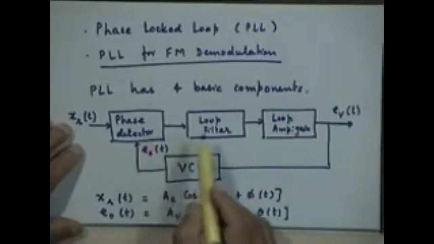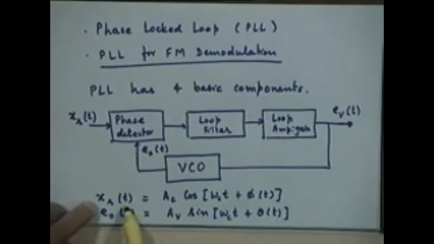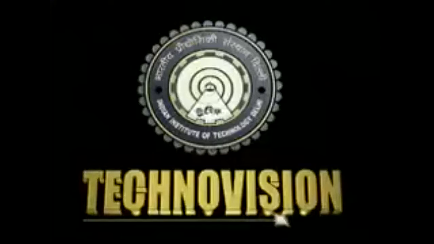It has a phase detector, a loop filter, a loop amplifier and a voltage controlled oscillator. To proceed further, let us assume that the input signal to the phase lock